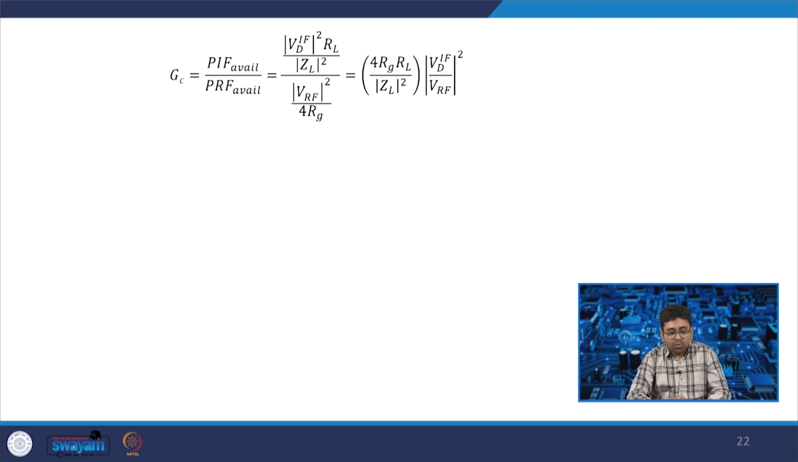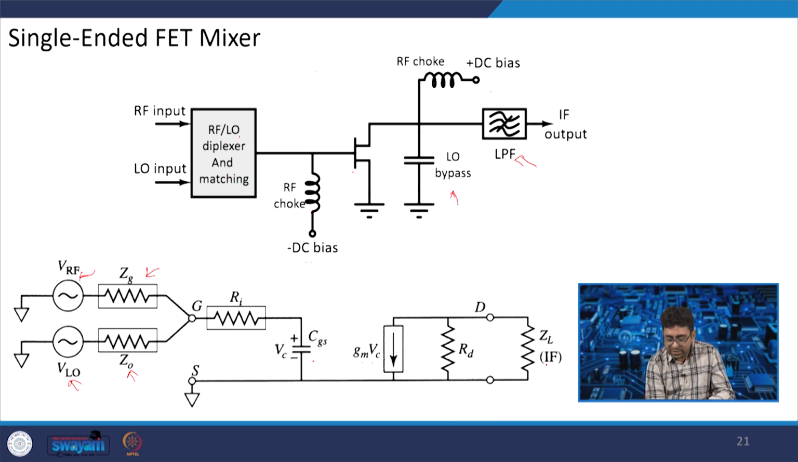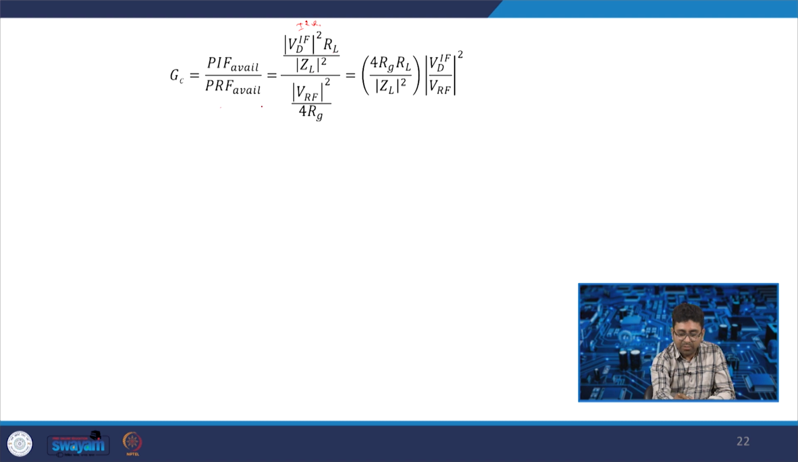So the first equation, what we want is PIF available by PRF available. If we consider the current I, this is I square into RL, and this current I is due to the signal at IF frequency, VDIF square by ZL square, because we are considering the load side and we are seeing the down converted signal, RL by ZL square. This is PRF that is available, that is VRF square by 4 into RG. So this will go up: 4 RG by RL by ZL square, and then VDIF square by VRF square. Now what we are interested in is how this VDIF is